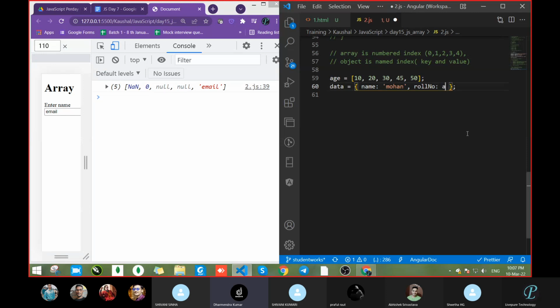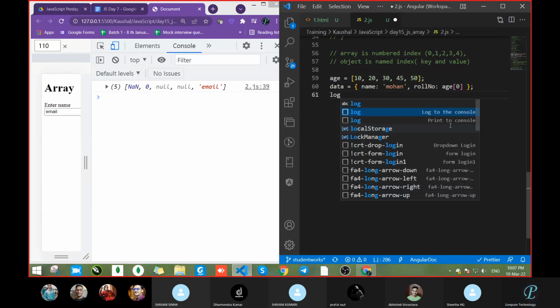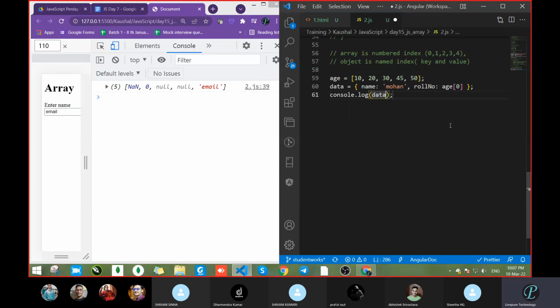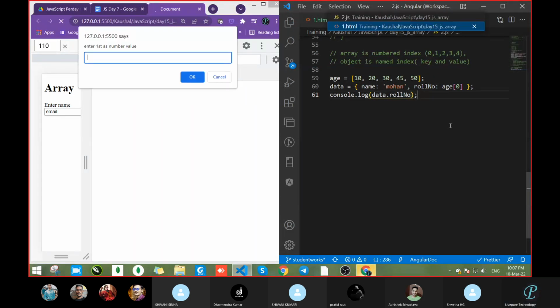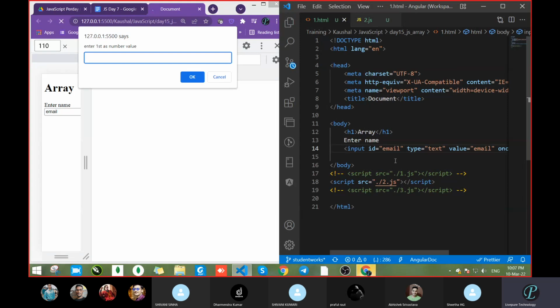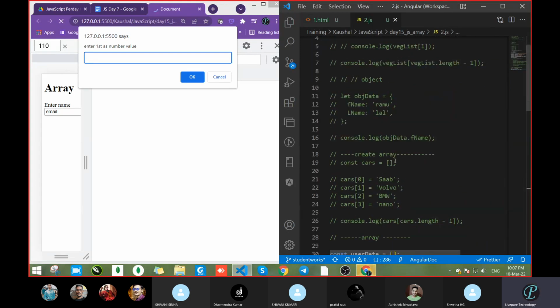Yes, because age 0 means the value 10, so it will give that. Okay, sir, it will work. Why not? Data dot roll number. Correct. Let's save. Wait, let me comment this line. Where is that one actually?